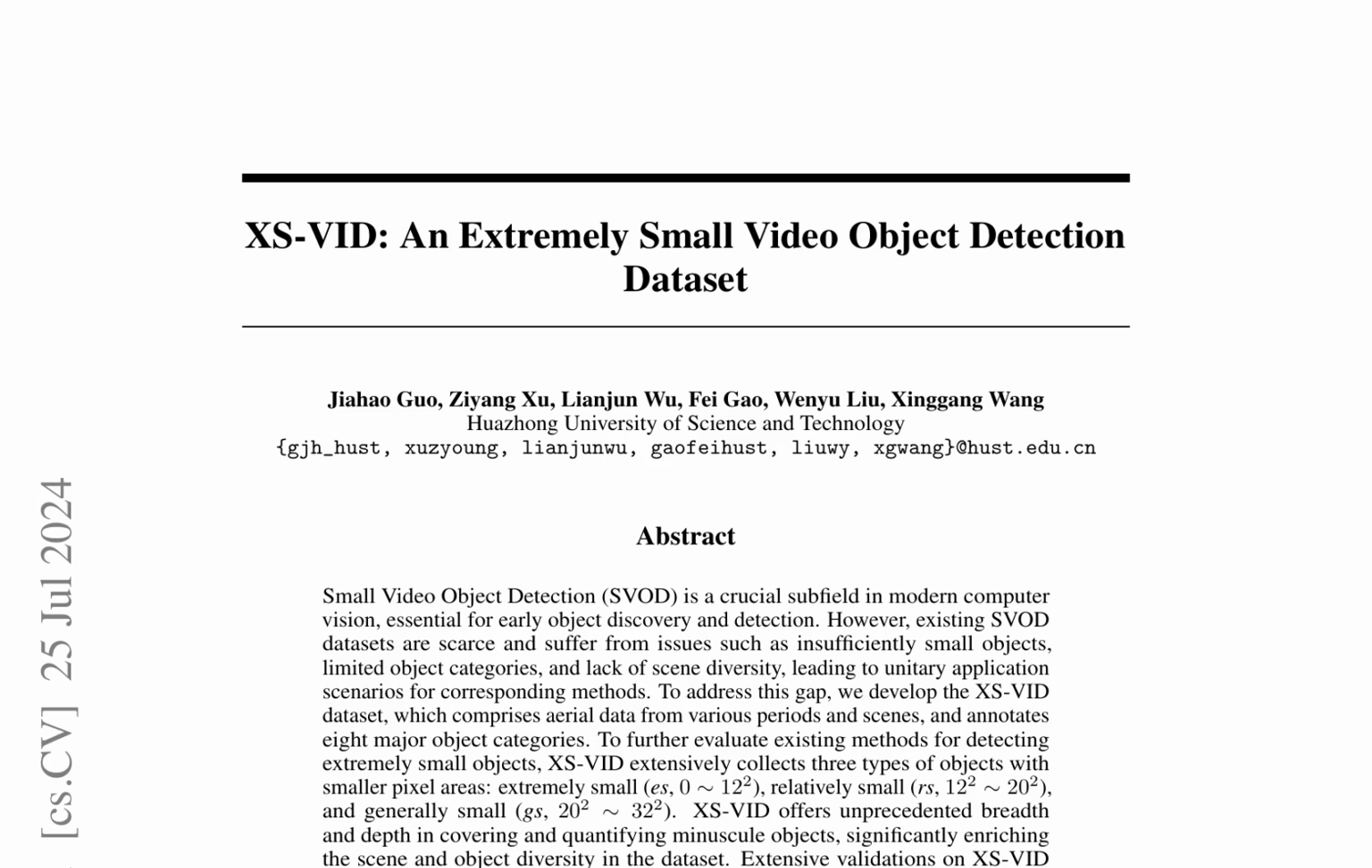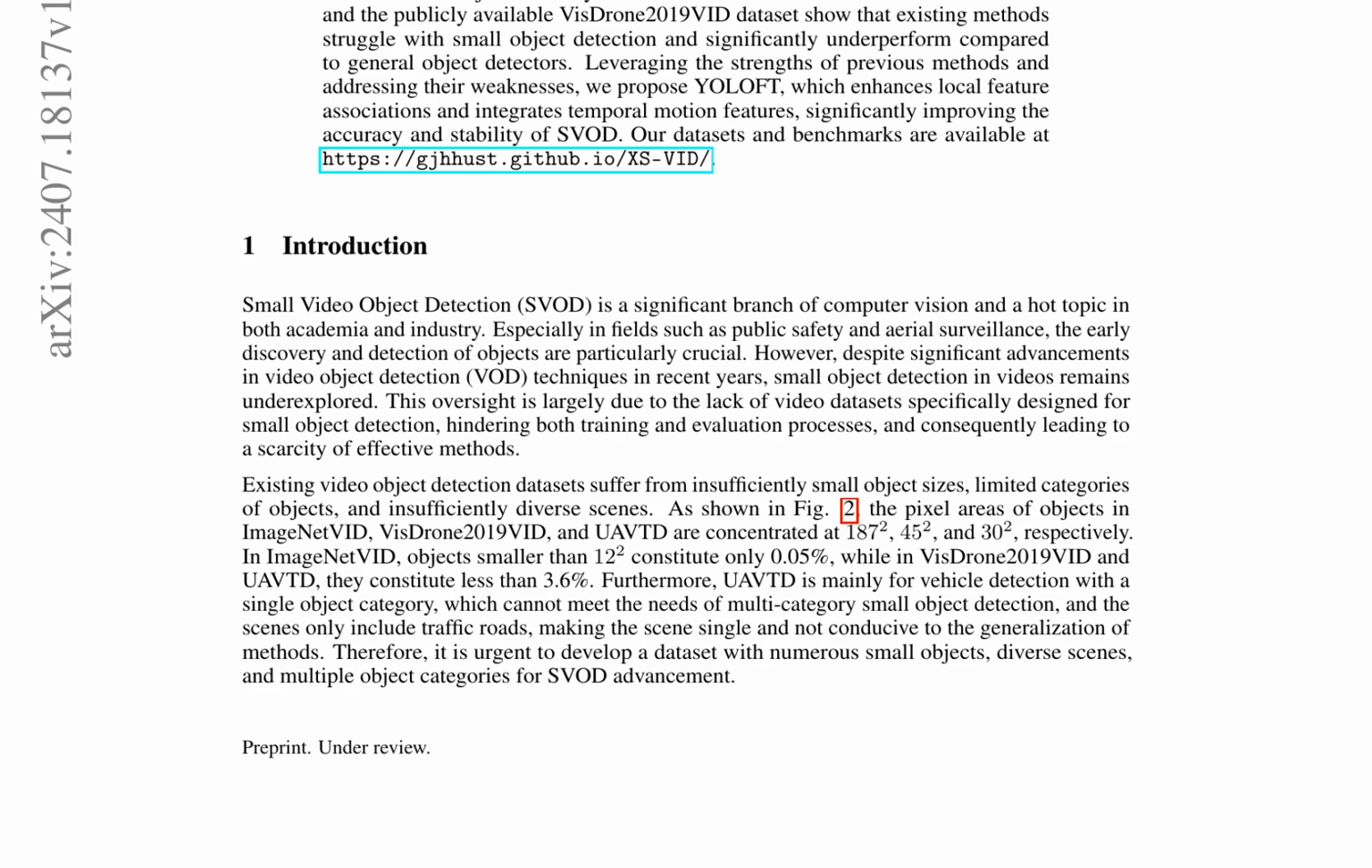To address this gap, the XS-VID dataset is developed, comprising aerial data from various periods and scenes, annotated with 8 major object categories. XS-VID extensively collects 3 types of objects with smaller pixel areas: extremely small, 0.122 pixels; relatively small, 122,202 pixels; and generally small, 202,322 pixels. This dataset offers unprecedented breadth and depth in covering and quantifying minuscule objects, significantly enriching scene and object